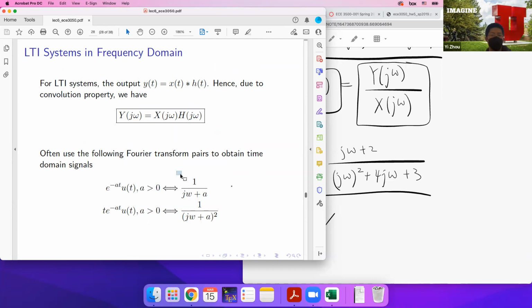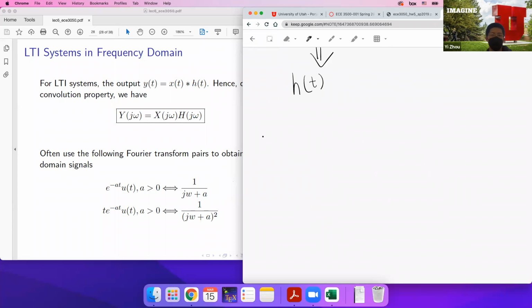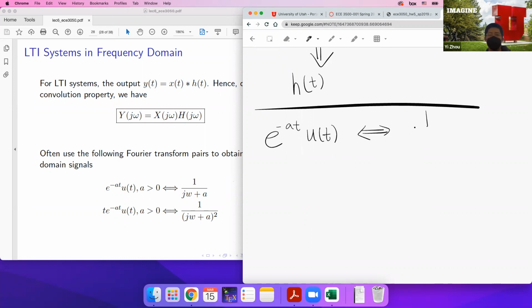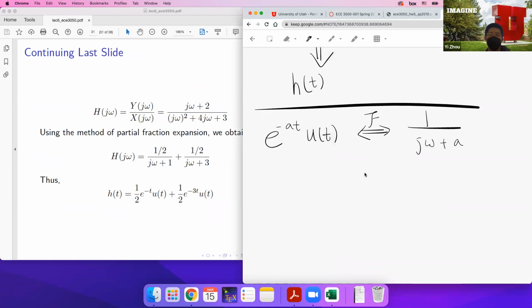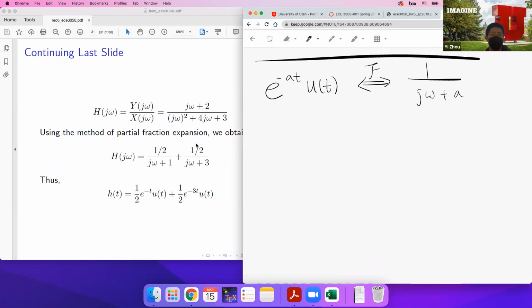You can see that whenever you have a spectrum that looks like this, a constant divided by jω plus a, so let's copy this one here, just e to the negative a t u(t), this signal corresponds to such a spectrum. Okay, so given this pair, now we have